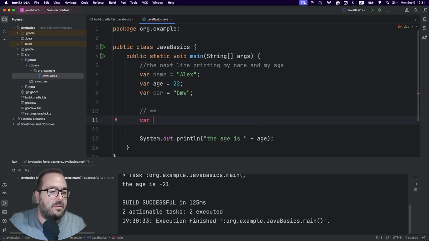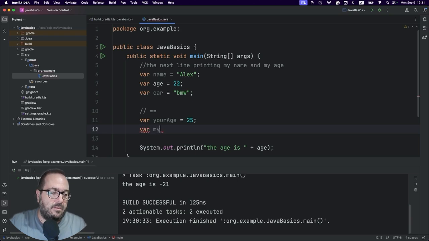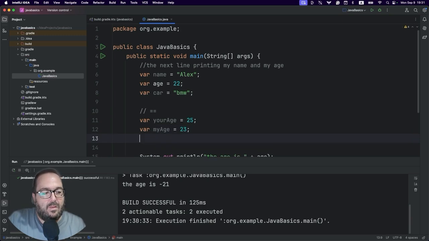So let's say we have age 22. Let's create another one, your age, which is 25. My age is 23. Now, the comparison operator equal can compare the two variables.